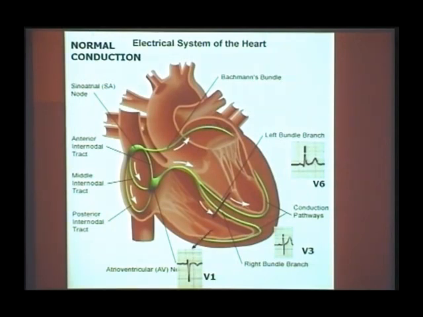Then there is a simultaneous activation of the right and left ventricles. Once the septal activation has occurred, the right bundle branch is depolarizing the right ventricle and the left bundle branch is depolarizing the left ventricle simultaneously. Although they are simultaneous, because of the larger left ventricular muscle mass, the net vector will go towards the left side. So V5 and V6 produce a predominantly positive QRS complex and V1 a predominantly negative QRS complex. That's why in a normal ECG, V1 shows an initial small positivity and terminal deep negativity.